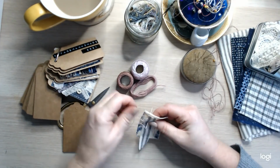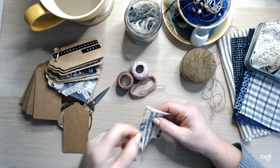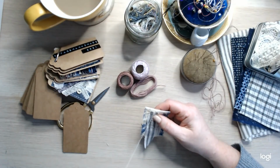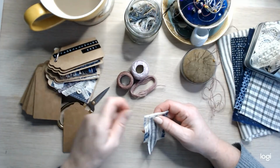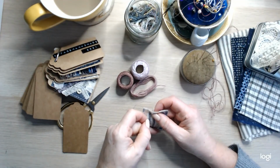If you've done some of the challenges before, we have done a French knot one. We did it in the tiny book. And I think I did French knots, and I know I did a bullion stitch in the big one as well. So they are stitches that we have done before. But I just absolutely love them. And it's going to be up to you as to how many you do on your tag and how you want to